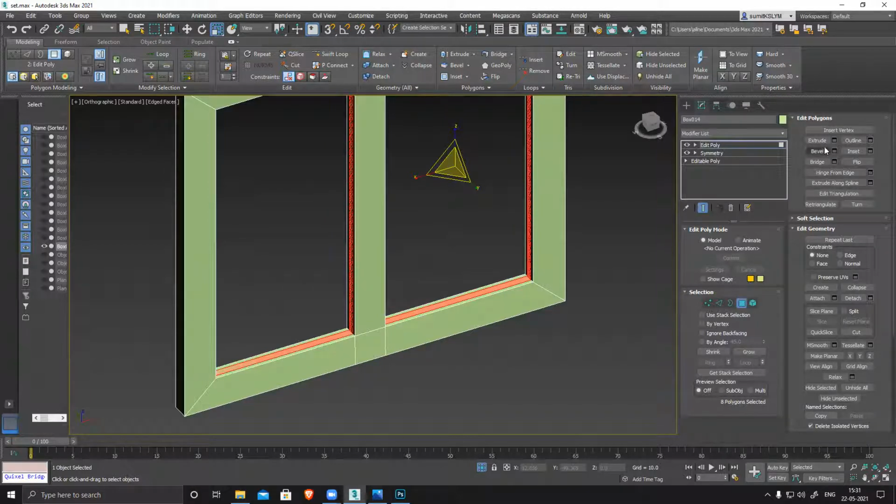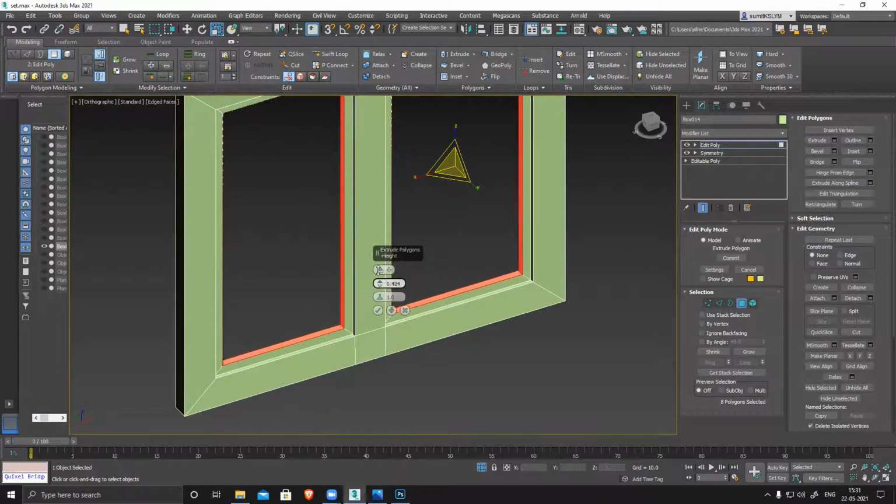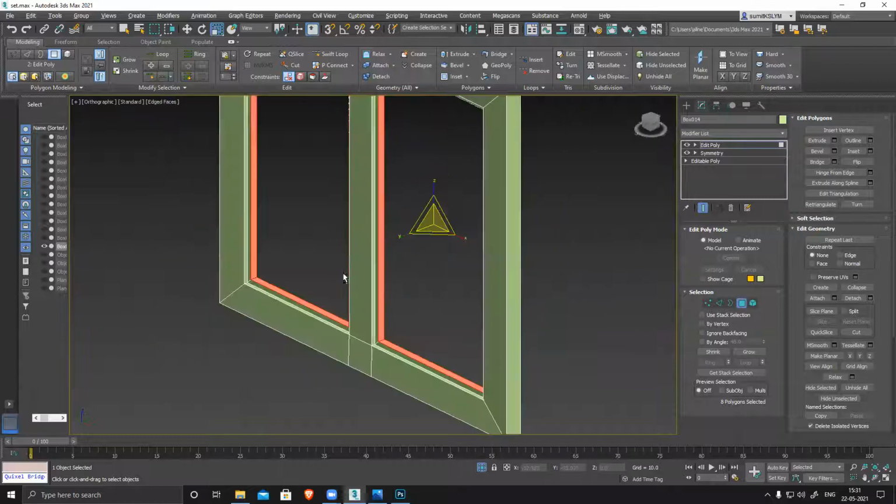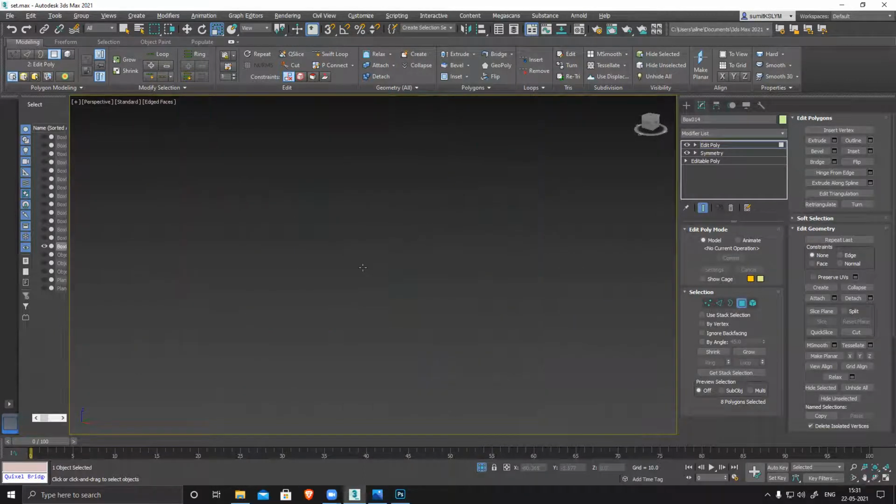Okay, and keep it selected. Now go to extrude, normal direction, extrude it slightly. The double frame thing effect, got it instantly, very easily.